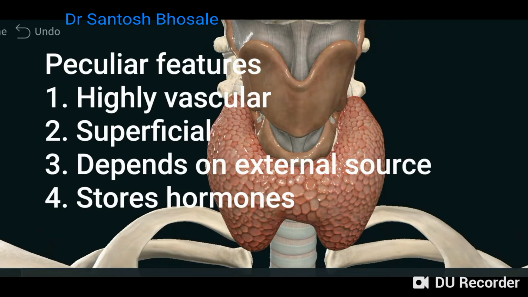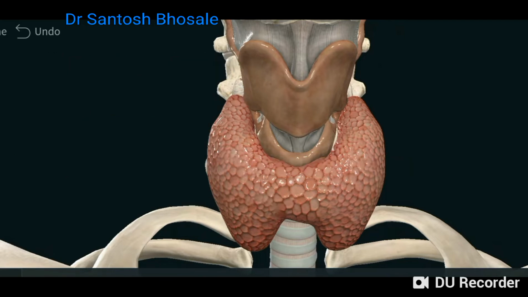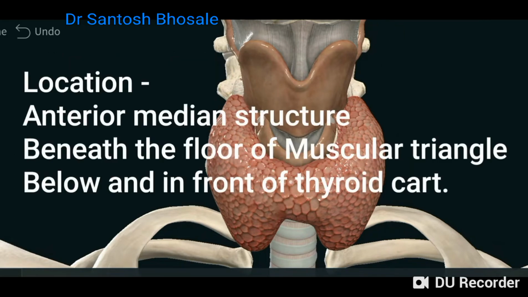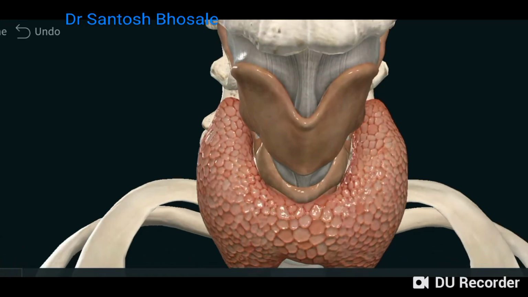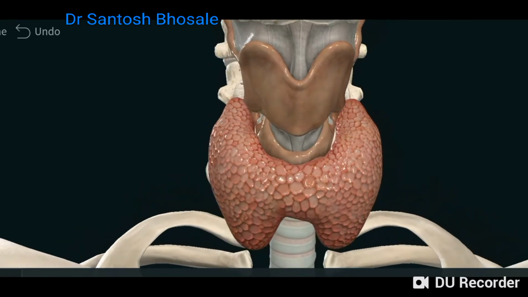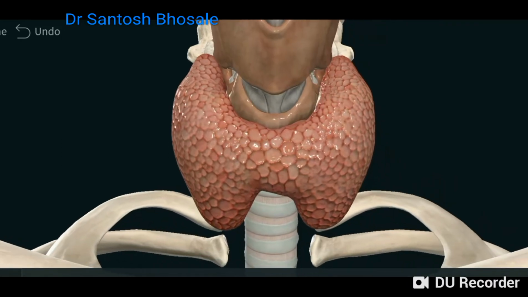It is highly vascular, superficial in location, depends on an external source for its hormone synthesis, and it stores its own hormone. This thyroid gland is located in the anterior triangle beneath the floor of the muscular triangle, below and in front of the thyroid and cricoid cartilage. It's a median structure there. It is H-shaped, and when you see a thyroid here, you can make out the different parts,